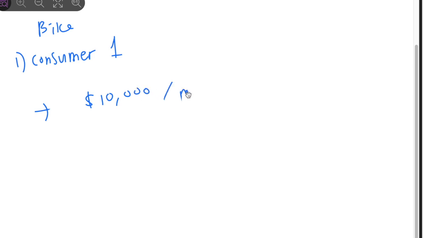So let's continue with the bike. Consumer number one, right? Let's go into specifics. So consumer number one, the company knows that consumer number one earns about $10,000 per month, and he needs a bike to work, right? So bike for work, to go and come, right? To commute,